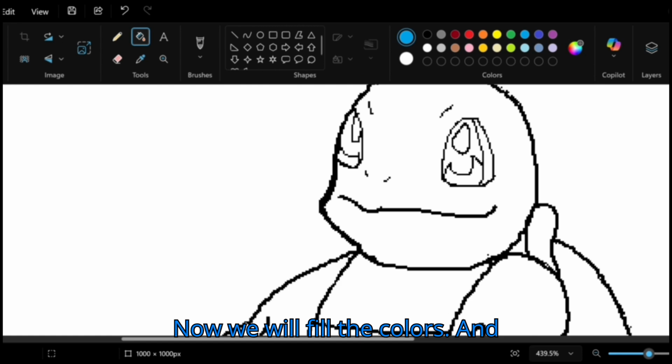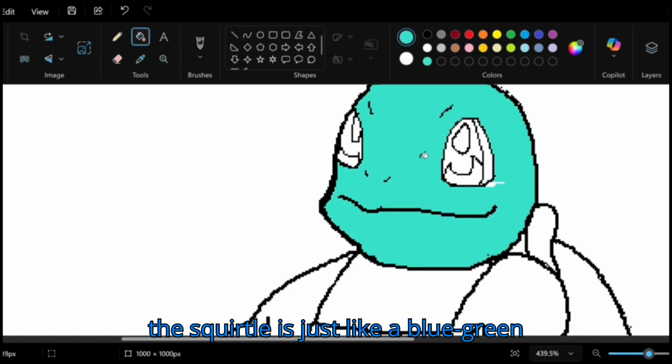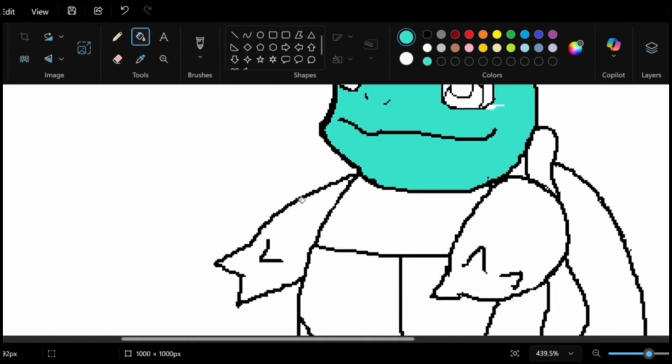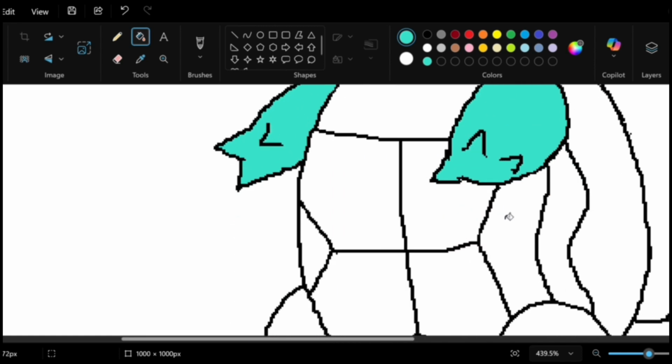Now we will fade the colors, and the Squirtle is just like a blue-green color, right? So we will adjust the color.